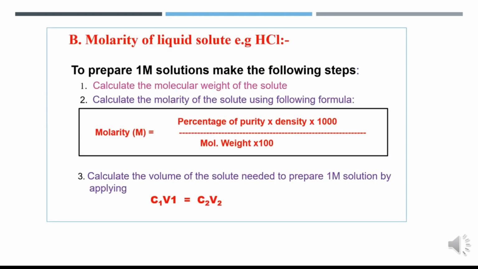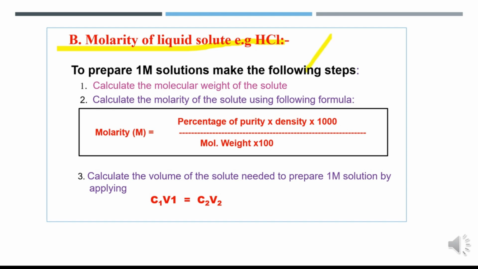Now take the example for molarity of liquid solutes. In previous examples, we prepared the molarity for the solid solute by weighing the solutes. Now, as you all know, acids always come in the form of liquid: HCl, H2SO4, nitric acid, some H2O2, etc. For preparation of molarity in liquid solutes, you have to follow certain